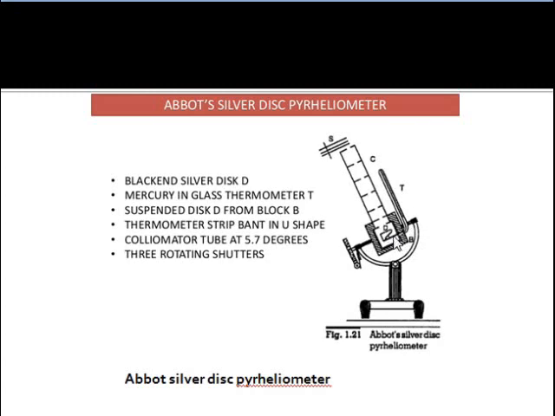It is completely blackened such that it is also in contact with the thermometer. This is also in contact with the thermometer, and this thermometer is a 90-degree bent thermometer. So it has mercury inside the thermometer, and that mercury will expand depending on the temperature the surface gets, and that is a measure of the intensity of radiation. We will get the temperature later, it will be calibrated for the intensity of radiation.